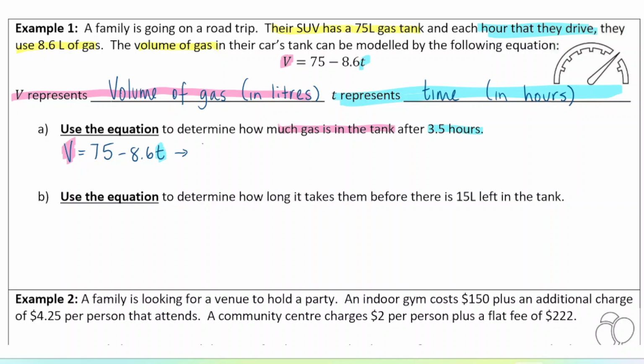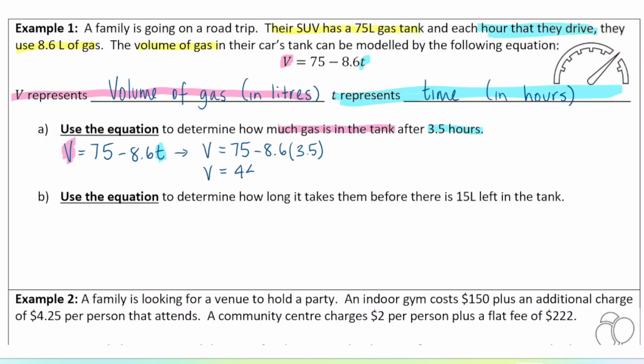So my equation becomes V equals 75 minus 8.6 multiplied by 3.5. Now here the volume is already isolated on the left-hand side, so all I have to do is evaluate the right-hand side. I'm just going to type into a calculator 75 minus 8.6 times 3.5,